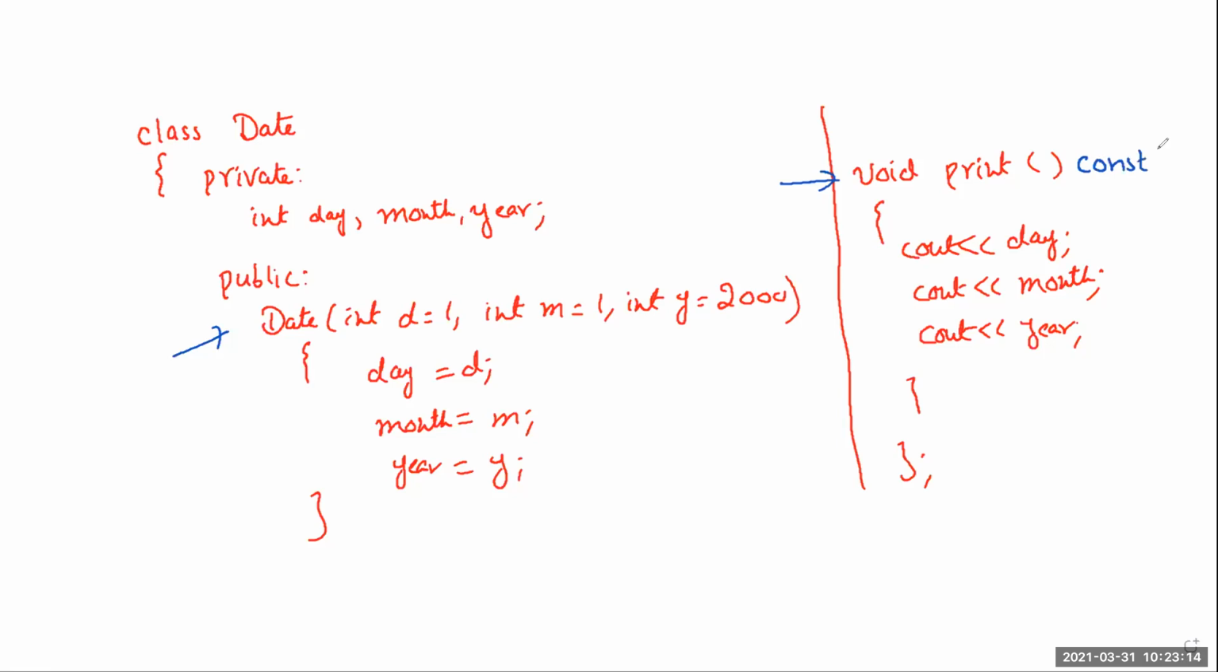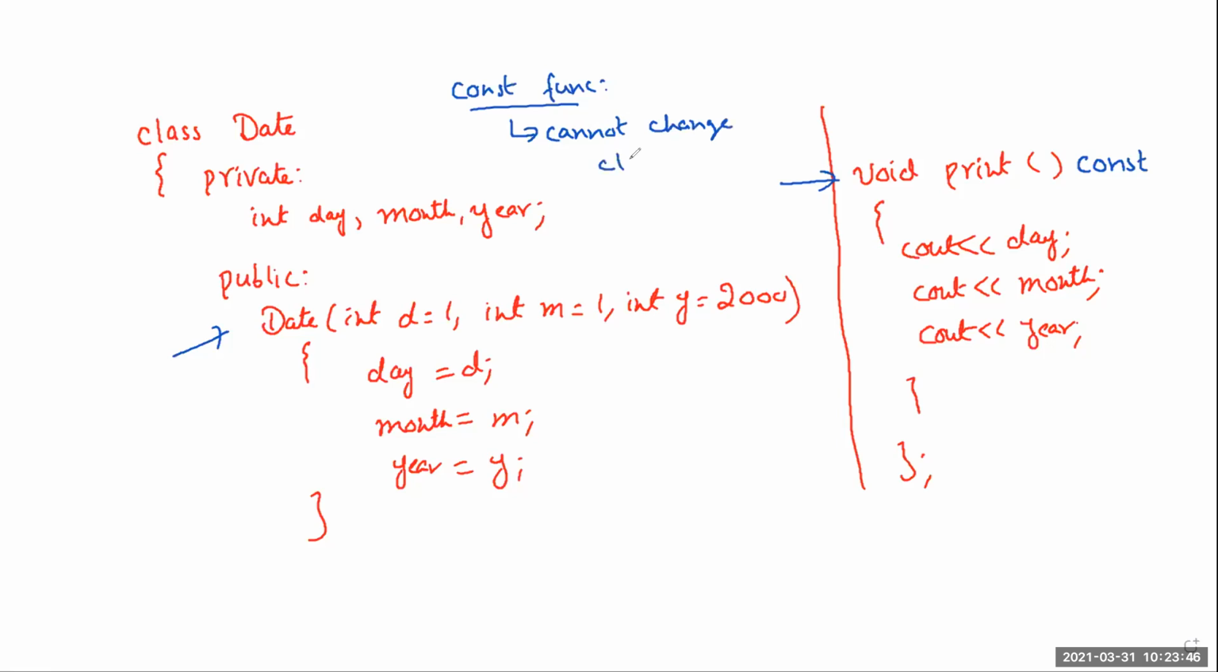Now print is a constant function, and this function is not allowed to change the class data members. It means in this function, if you try to change the value of day, month, or year, the program will not compile. It will give you an error, right? So in short, in a single line, if someone asks you what is a constant function, the simplest answer is a function which cannot